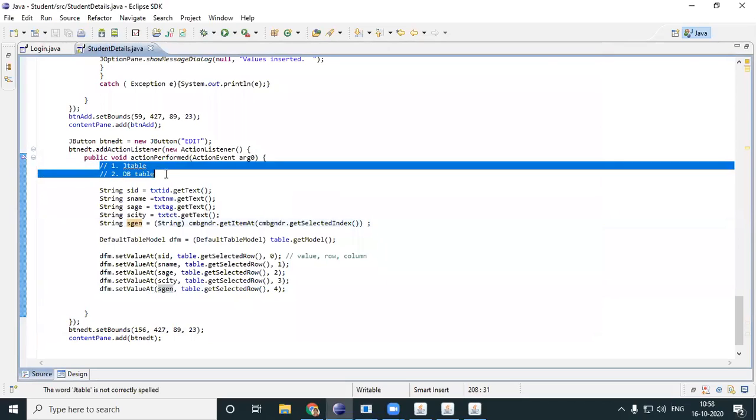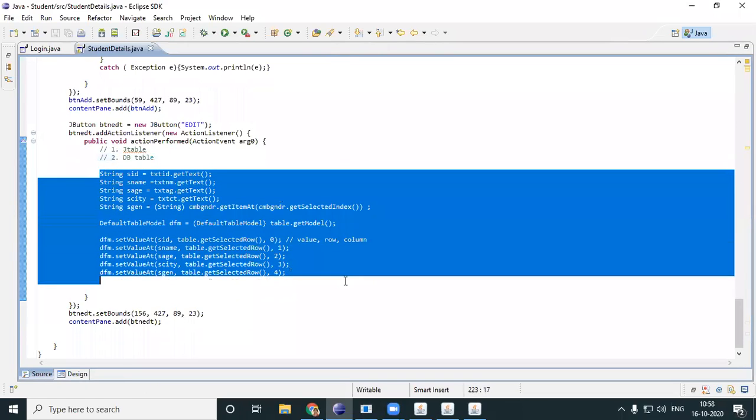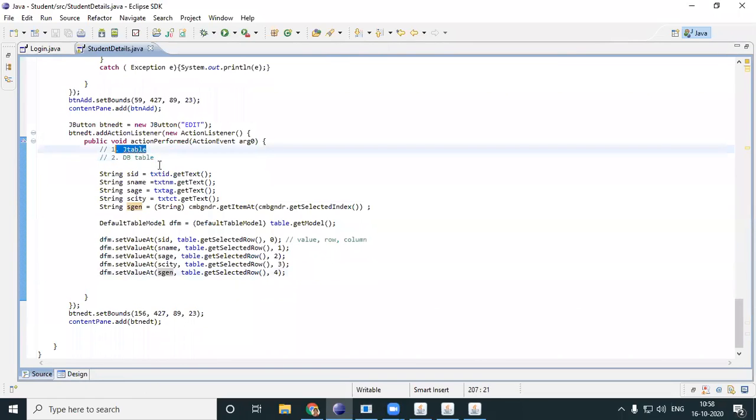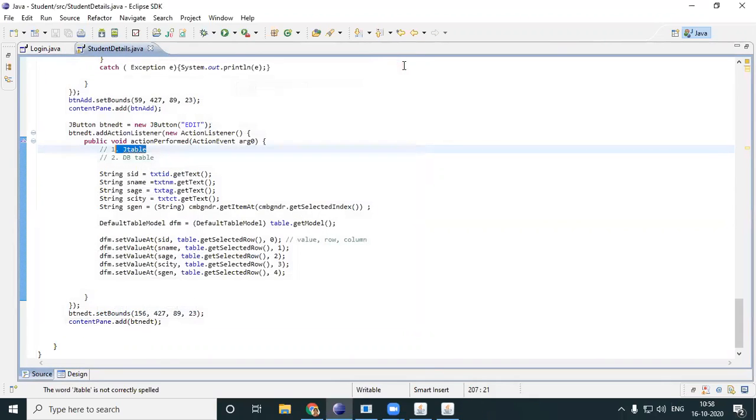When you do edit, you should be looking into two things. One is your J table should be updated, and even your DB table should be updated. So what we did now is you updated your J table. Your J table now works perfectly fine. You move, change anything. Let's say I made this a TG. Yeah, it's come a TG. Here everything will change, but my DB isn't changed. Now the next thing is you will have to change your DB. You will have to make corresponding changes into your DB.